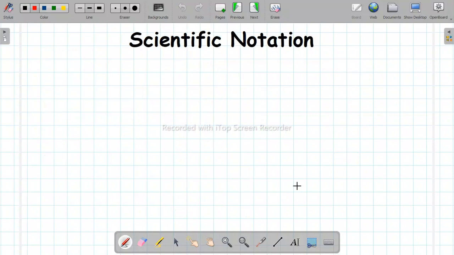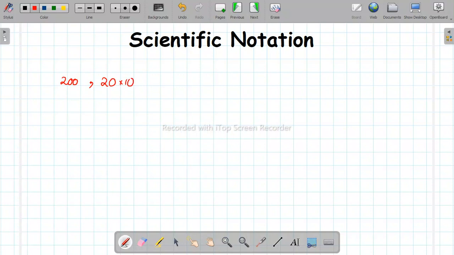Then we have scientific notation. What is scientific notation? It is a standard form of writing a number. Why did we even need it? Let's just take an example. Let's just take any random number, 200, right? In how many ways can I write this 200? I can write it to be